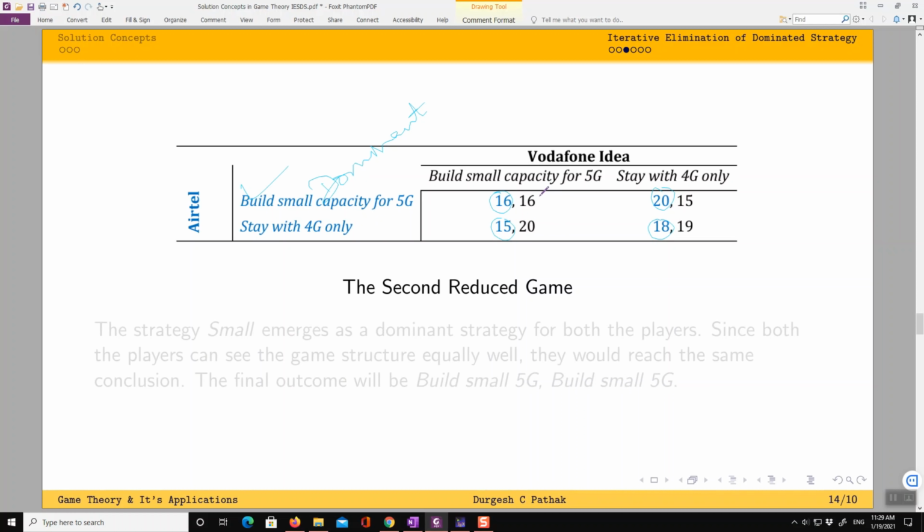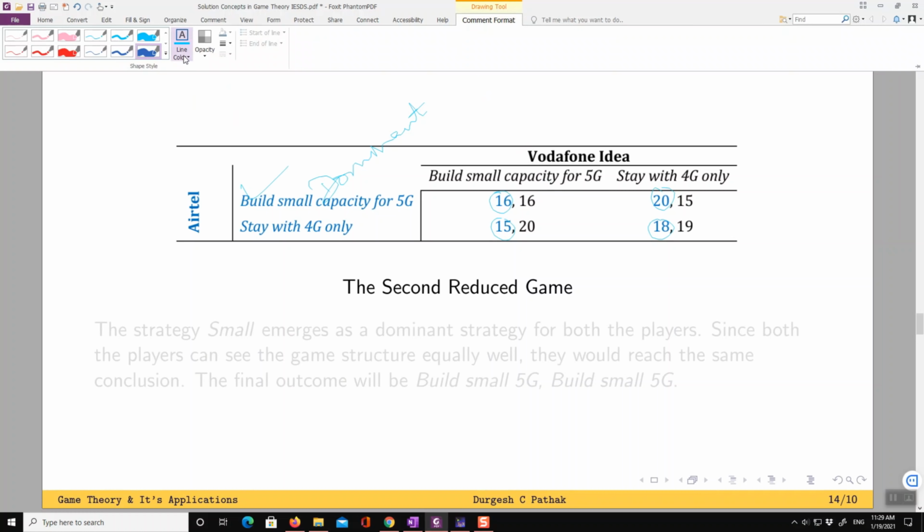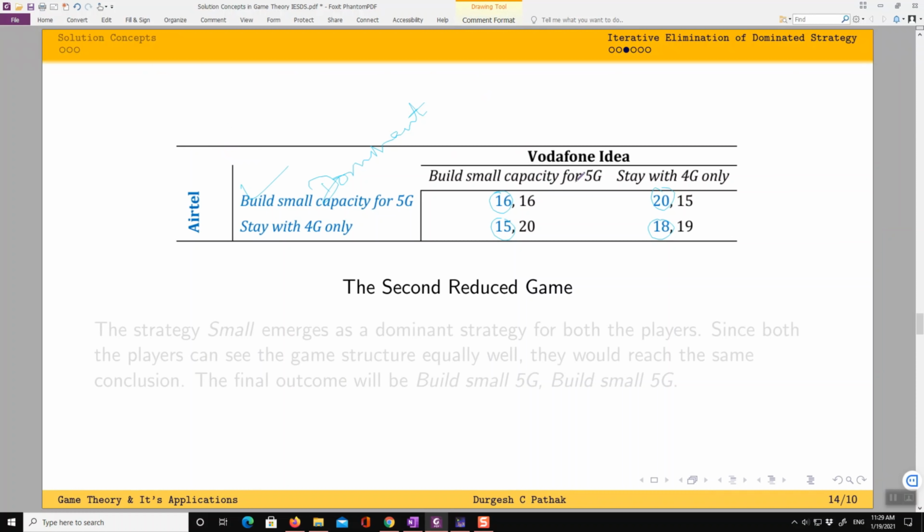Let's compare. Let's change the color. This is 16 versus 15, 20 versus 19. So for this player also build small is strictly dominant. So now we see that we started with a game where none of the players have a dominant strategy.